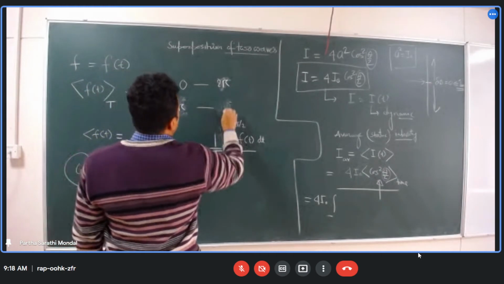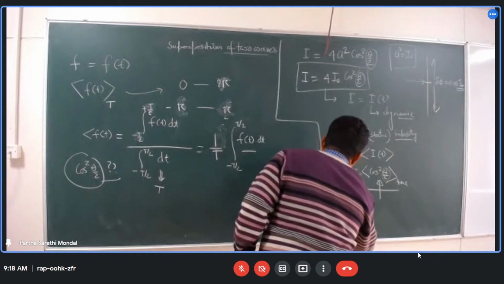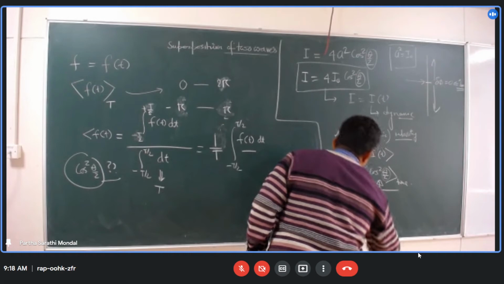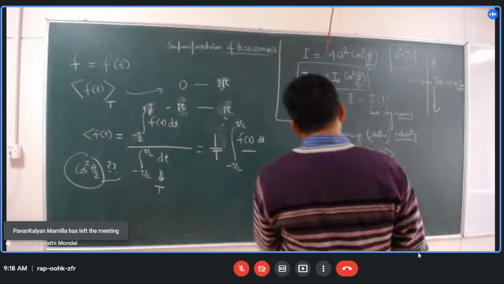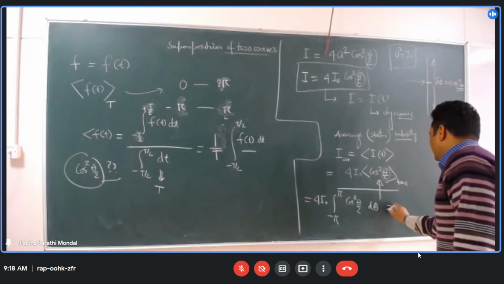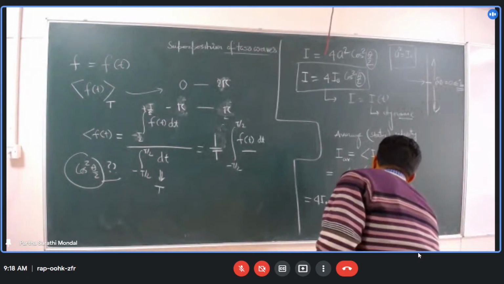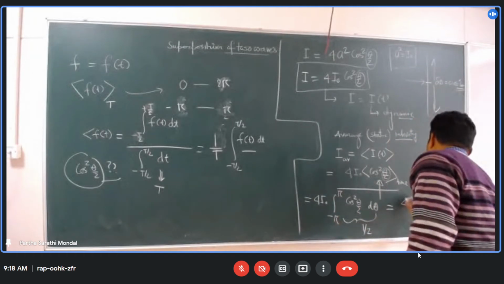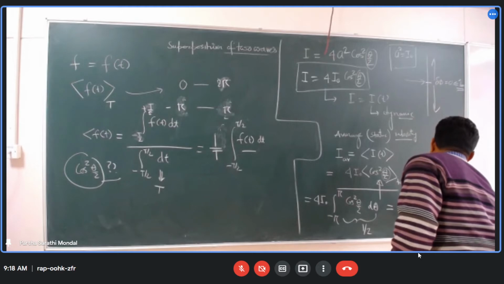Pi to 2 pi, minus pi plus cos square theta by 2, okay, this theta. So this is your time average. If you do so, you will get this one just half. If you perform this integral, you will get half from here. So 1 by I0 into half equal to 2 I0.